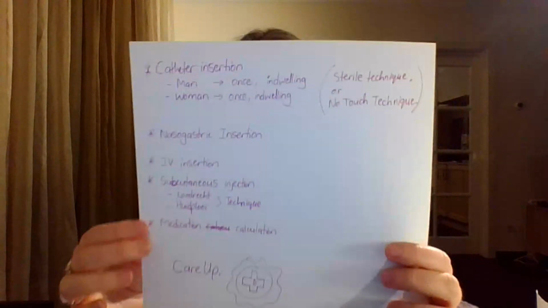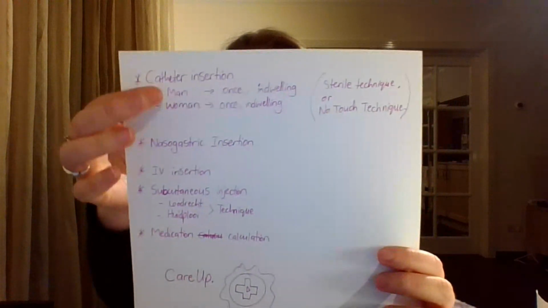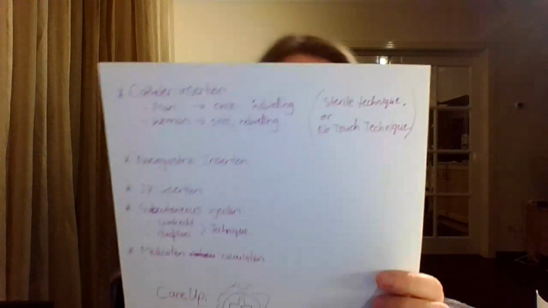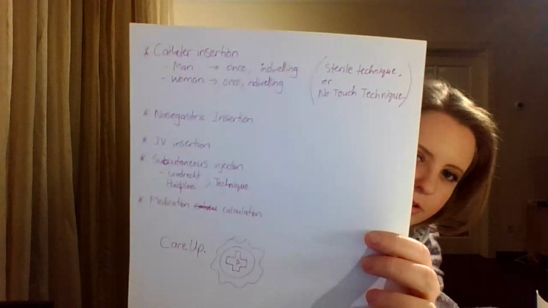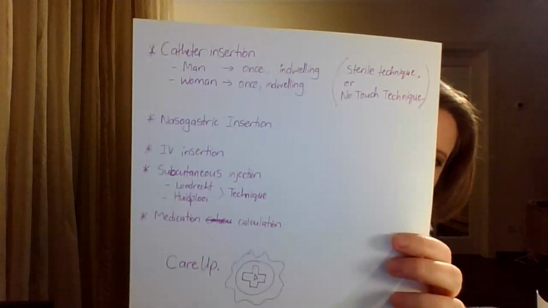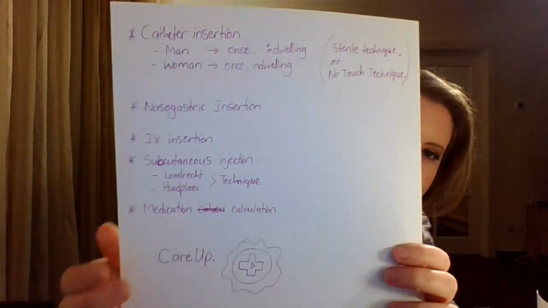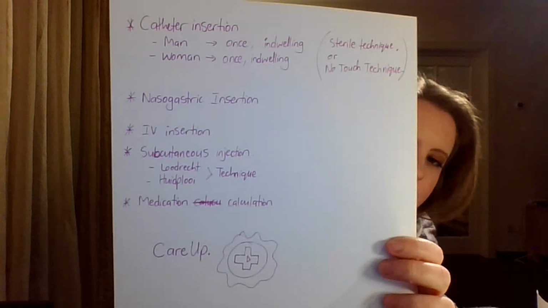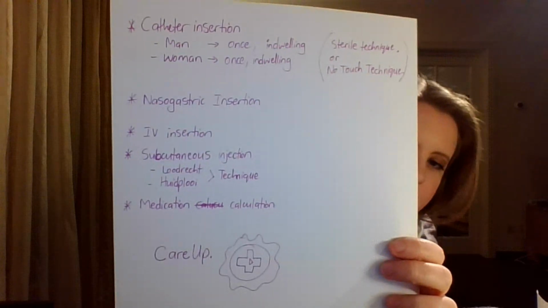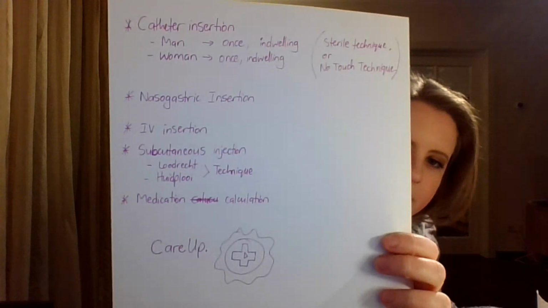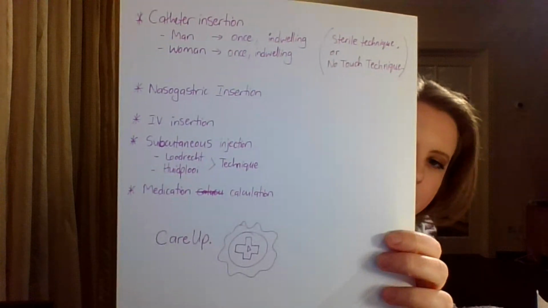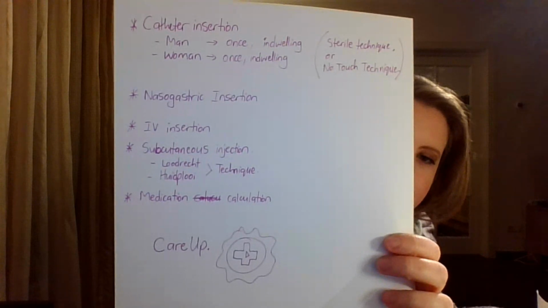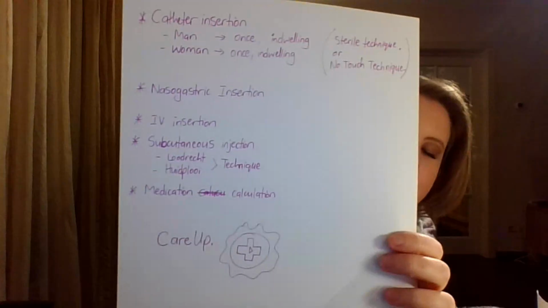And here's another list. So it's catheter insertions, man or woman, and it can be once use or indwelling. And there's 2 techniques you need to choose from: sterile technique or no touch technique. You can tell the moderator which one you have focused on the most if you do get the catheter OSCE. And then you must explain to them that you want sterile or no touch, and they work according to that protocol. Then you can get nasogastric insertion, IV insertion, and you can get subcutaneous injection as part of your